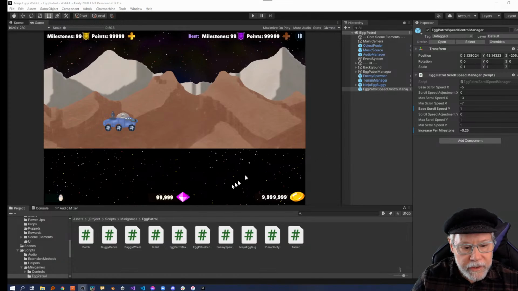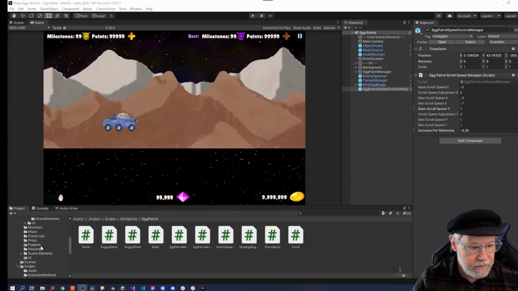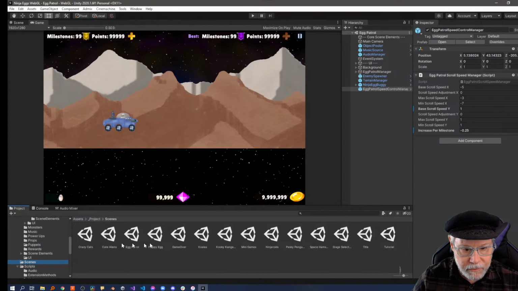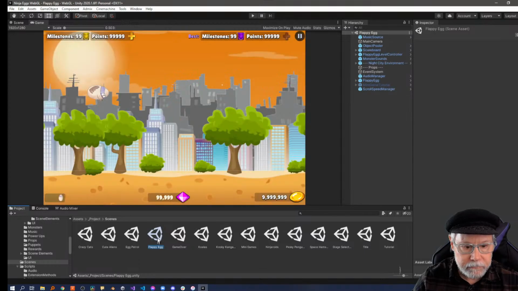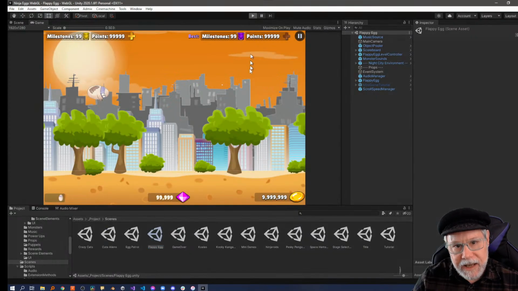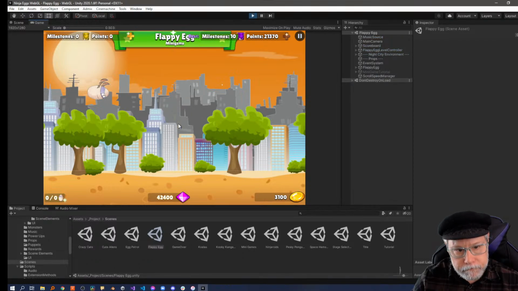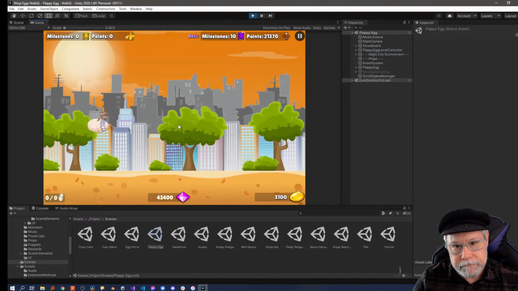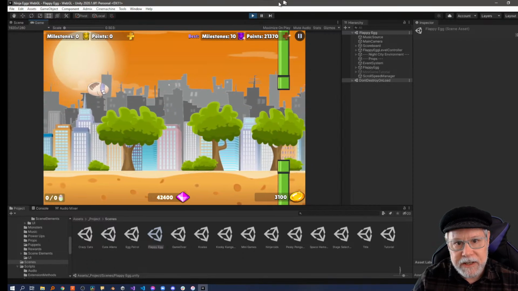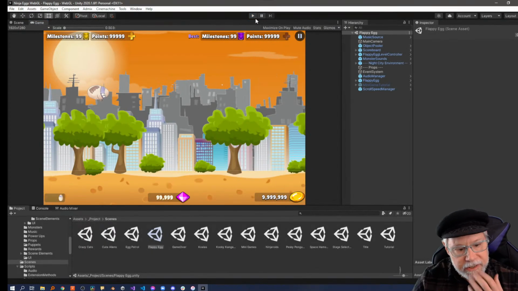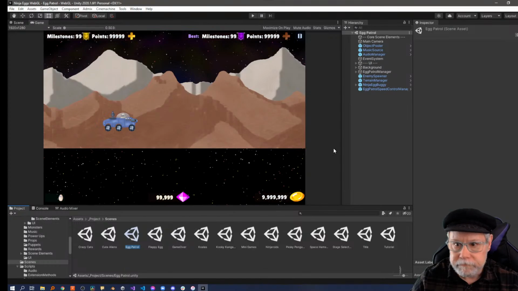So what I want to do is basically what I've done for my Flappy Bird, or Flappy Egg, which is a Flappy Bird knockoff. When I start that game, I give him a countdown, and then it starts. So that's basically what I want to do for Ninja Eggs. For Egg Patrol, going back to my Egg Patrol game, I know I'm going to want to have a countdown